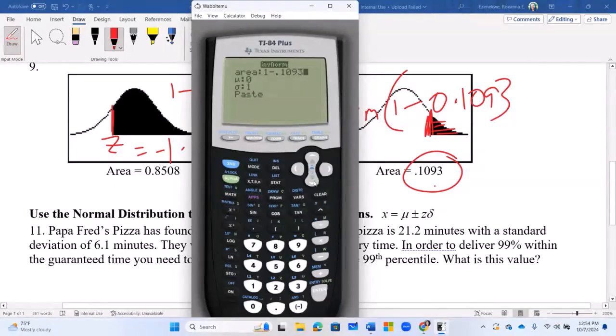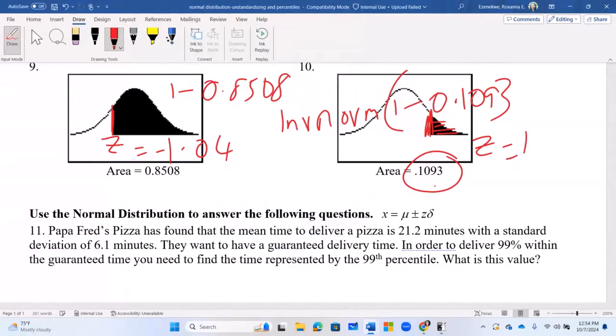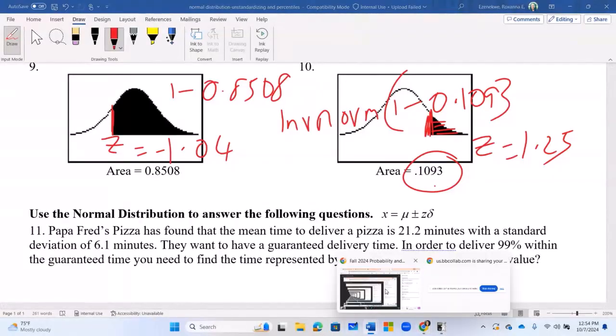All right, so when I hit enter, by the way, the mean is 0, standard deviation is 1. It's understood because this is a standard normal curve. So I hit enter, and that is 1.23. You see, z is positive because the boundary is on the right-hand side of the mean. So the particular z is 1.23. So z is equal to 1.23. Okay, so let me stop the